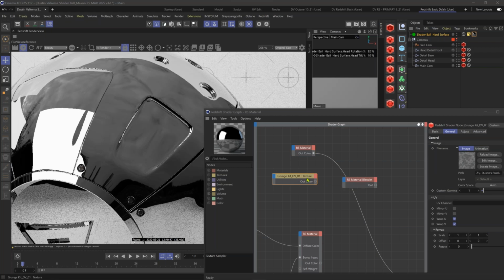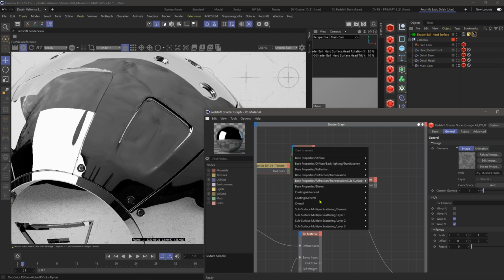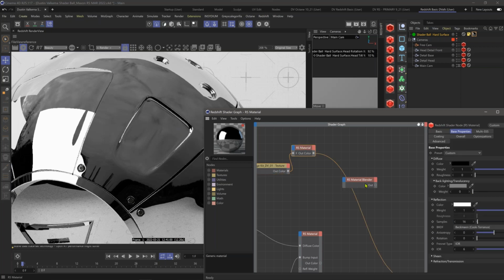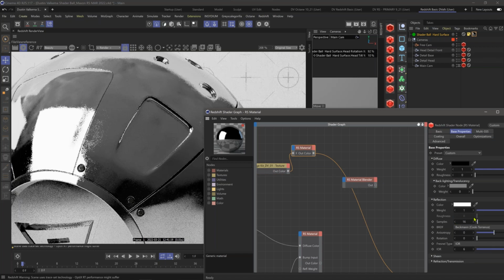Now with this texture node, we'll go ahead and bring this directly into our reflection and then our reflection roughness. Because this material is going to be used for these scratches, it's not always necessary to place a lot of time into building this metal. There are times where I may just take the reflection roughness and boost that up a little bit to, I don't know, something like 0.5, just to make it a little bit more of a rough metal. Okay, so with our texture node,